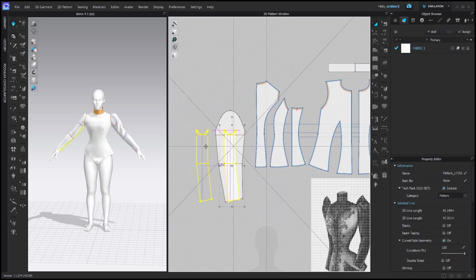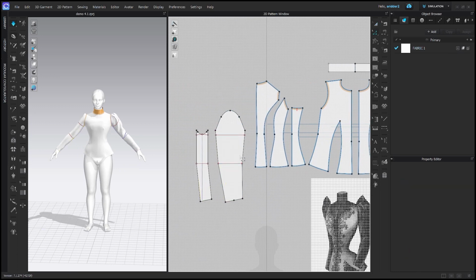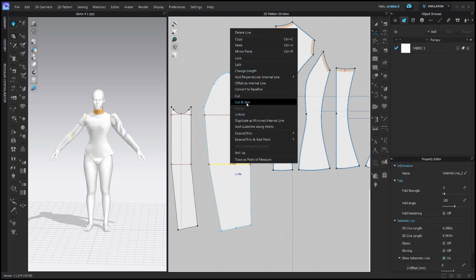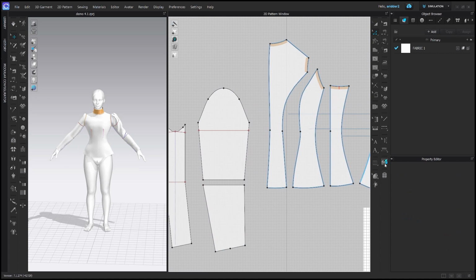All right, so on the other side, we're going to do something similar. Let's move our underarm out of the way. We're going to go to the Z key command, right click, cut and sew. And then I'm going to go to the pleat tool and pleats. That's all it says, pleats. And I'm going to click on the bottom, pretty central,